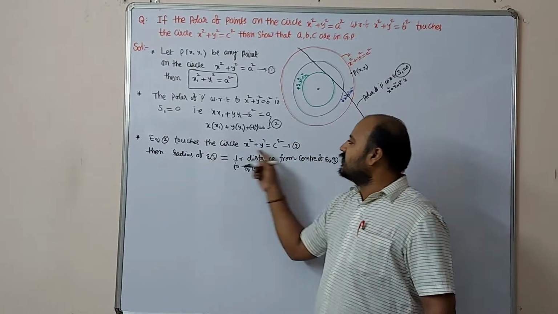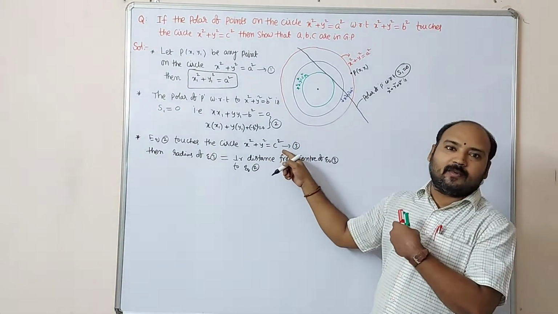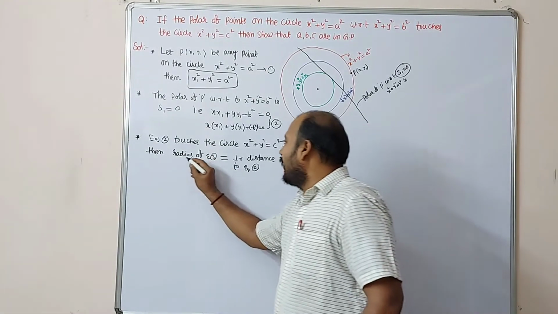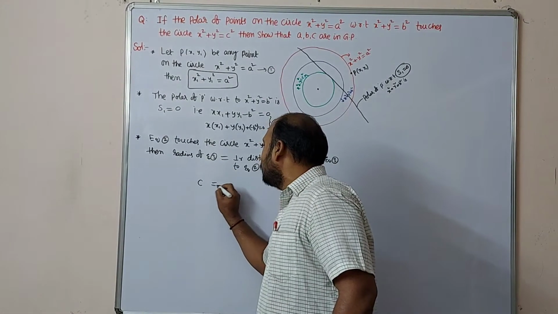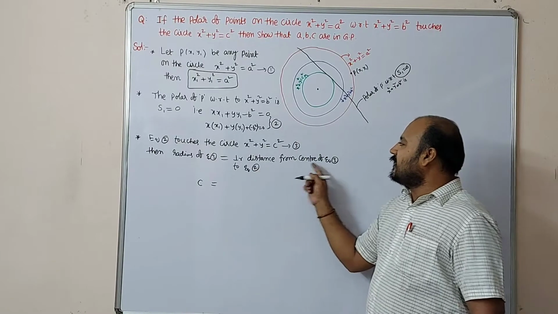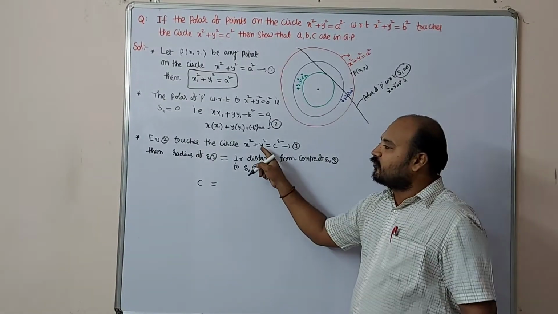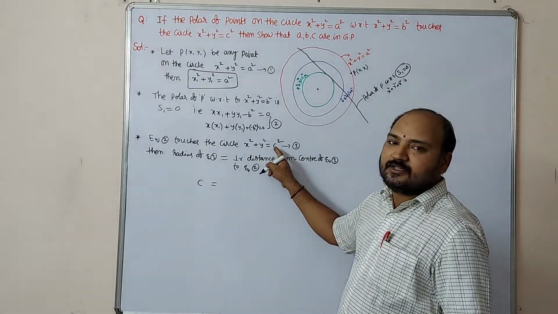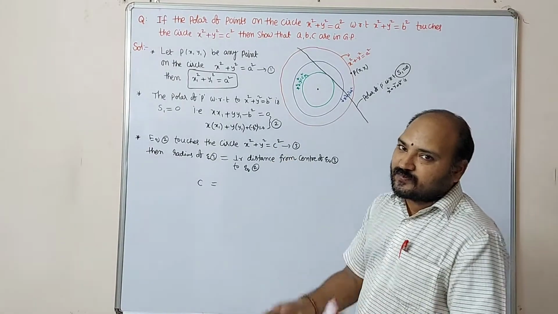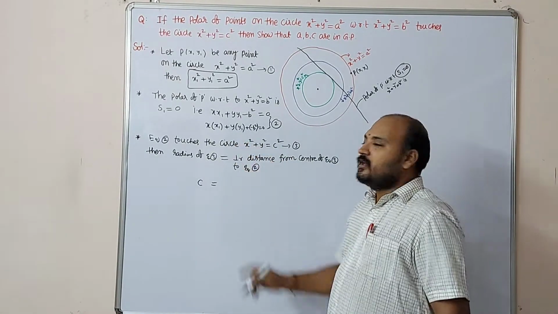So what is the radius of equation 3? x square plus y square equal to, it is in the form of r square, and you know r is equal to c. So the radius of this equation 3 is c. The perpendicular distance from the center of the circle: center here is 0, 0. So the perpendicular distance from origin to the line is always,